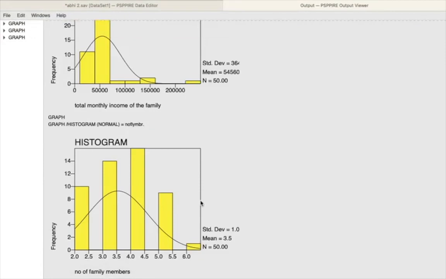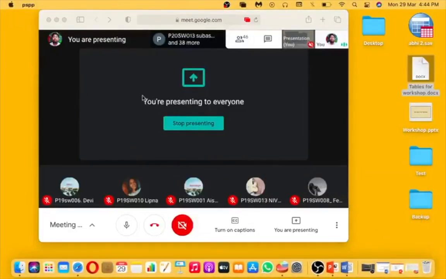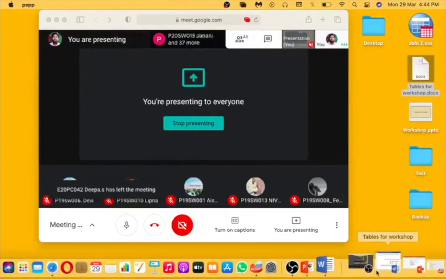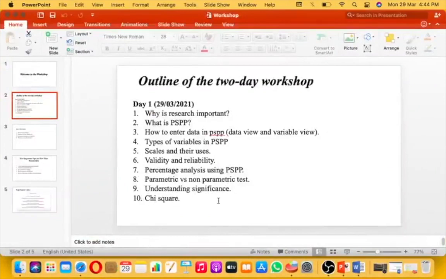There are also other things you need to consider while choosing the test. There is something called the type of variable. For example, if you have a categorical variable, you will only have to do certain tests. If you have a continuous variable, you can do certain other tests, things like that. So, now let us move on to chi-square quickly. That is the last topic for today. Also, anything else missing? I am just checking.